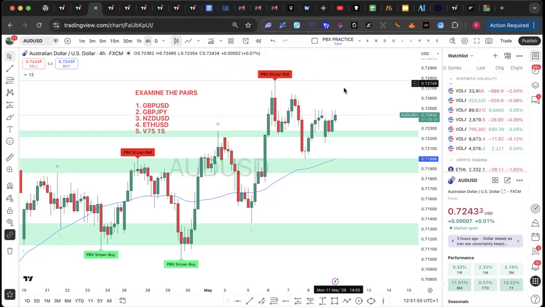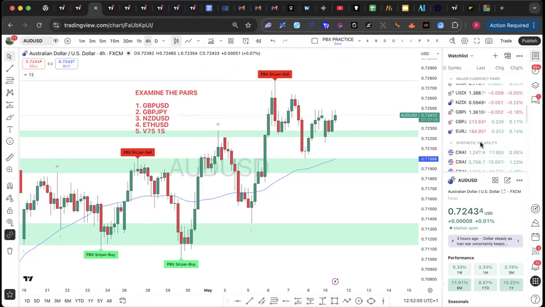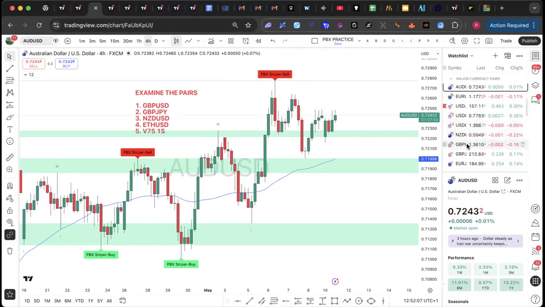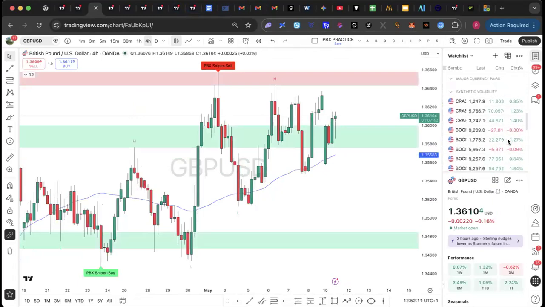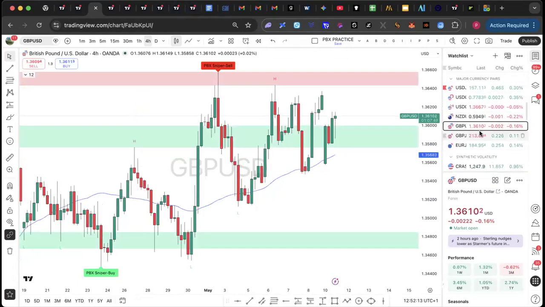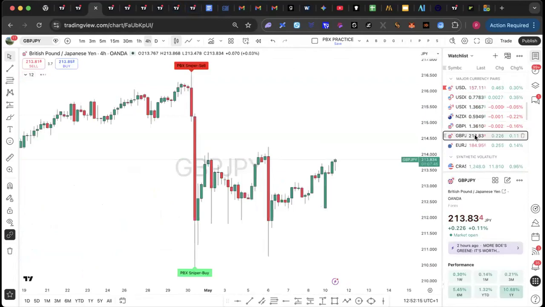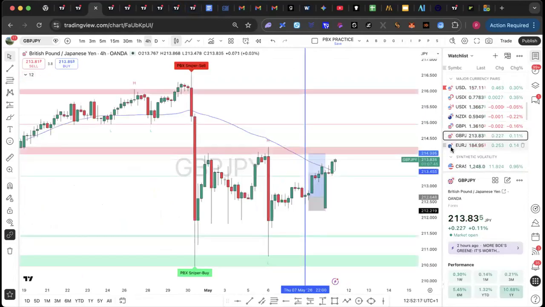Those of you who have the scanner, open your scanner on your system and then examine what to see based on your scanner and the component of your scanner. Examine what to see on GBP USD, right? Based on your scanner, GBP USD, what do you see? We talk about GBP JPY. What do you see? Okay. We talked about